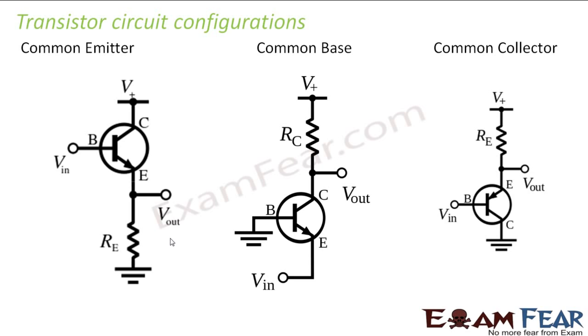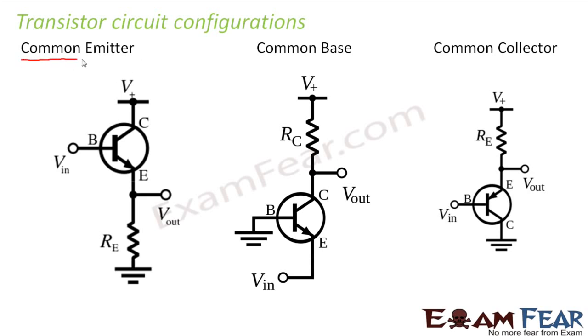Till now I was telling you only about the structure of the transistor. What does it consist of? It has emitter, it has base, it has collector. How do we bias a transistor? I was telling only about those things. Now when we connect a transistor in a circuit, there are three ways in which we can connect the transistor in circuit. So these different ways are known as transistor configurations.